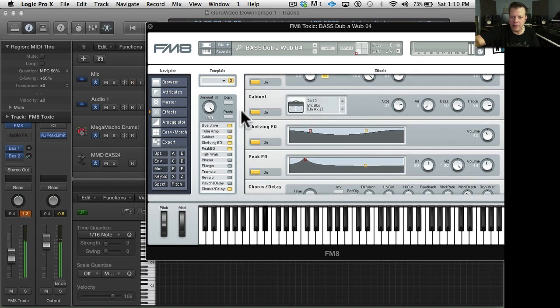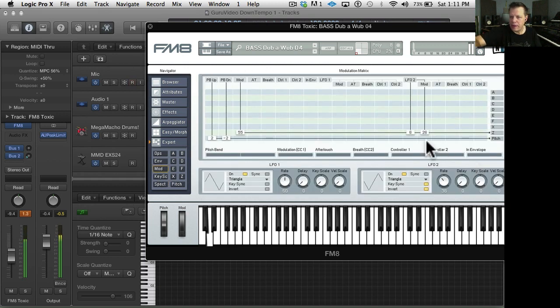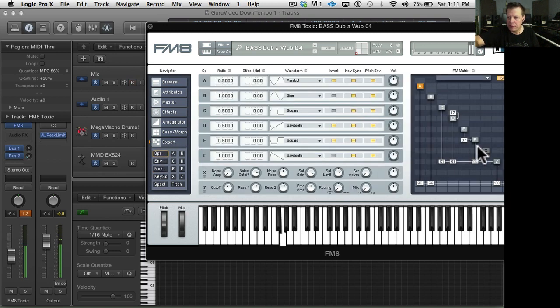I like the cabinet. There, I like that. Now maybe I can get some more of the LFO back. And instead of the filter, let's have it also go to, who's our volume?